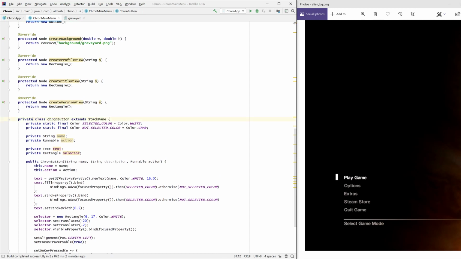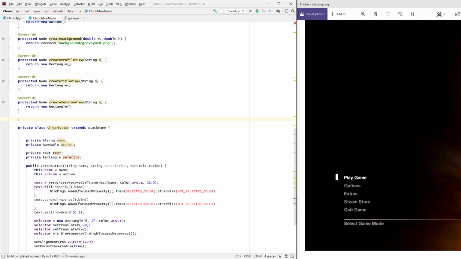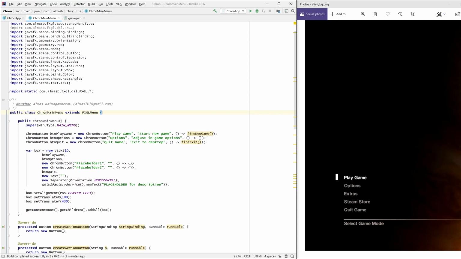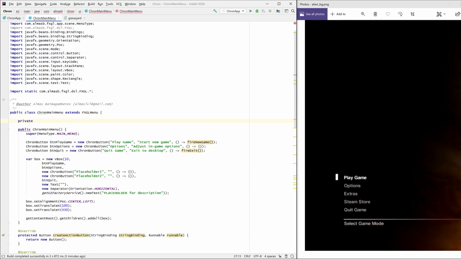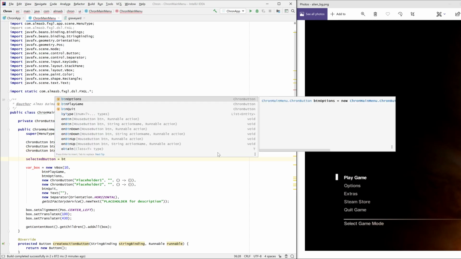I suppose the easiest fix is just to make this non-static, in which case I have access to all of this. And I can say selected button at the start. Obviously the selected button is button play game,